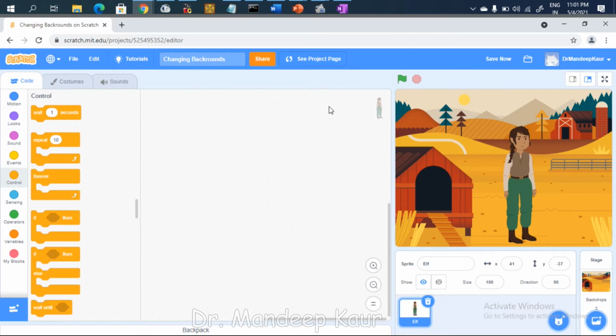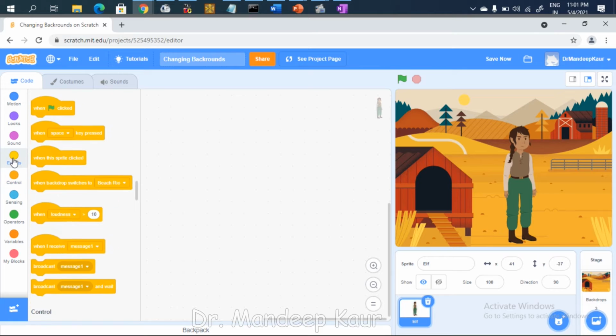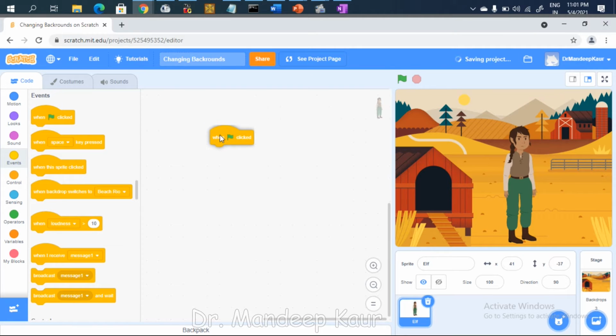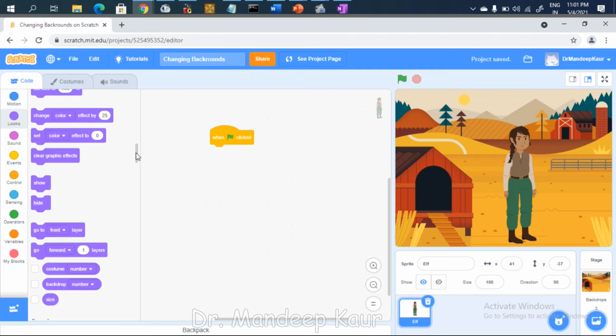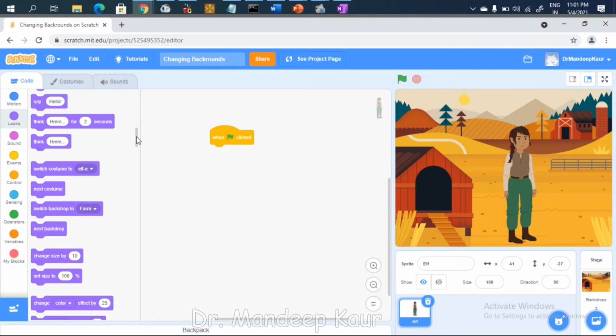When someone clicks on the flag, I'll go to the events. When someone clicks on the flag, then what should be done? One background should be there. For that you select the looks, and here we'll find the option switch background to.